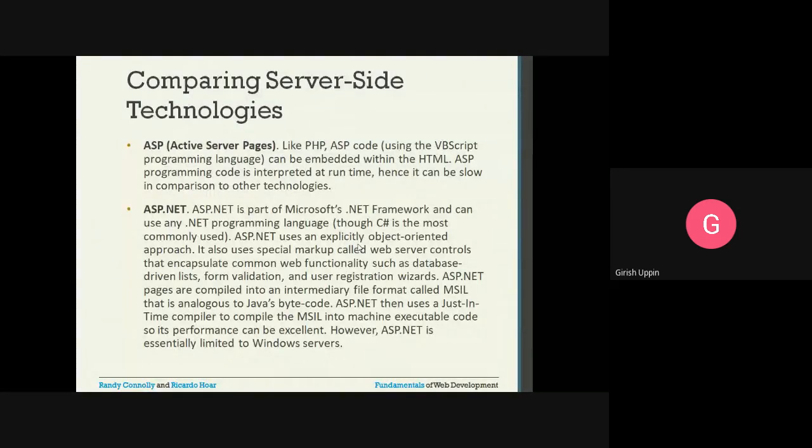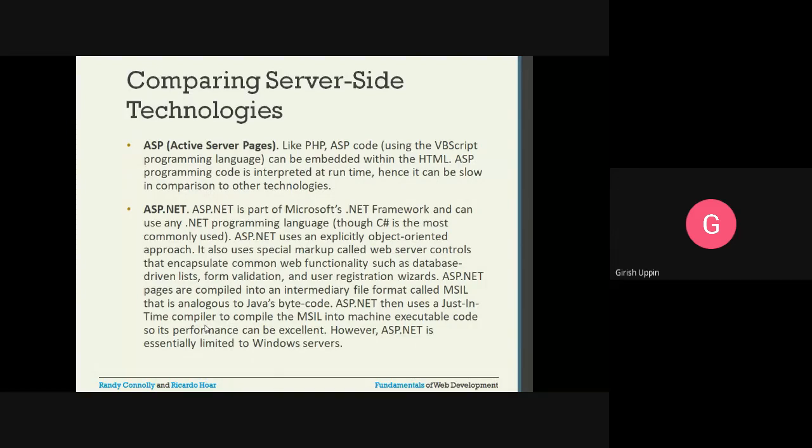MSIL is the file type, and it is analogous to Java's bytecode. ASP.NET then uses a just-in-time compiler to compile the MSIL. What we call a JIT compiler, just-in-time compiler. Relatively, it will be faster.